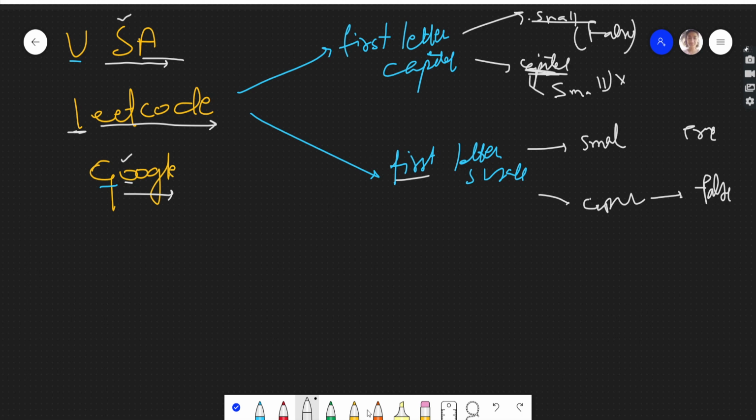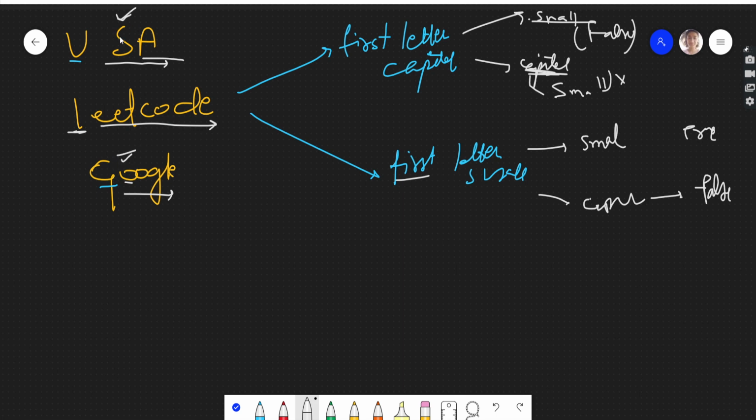So what are we checking first? Either the first letter is capital, or it is small. If the first letter is small, all the letters afterwards should be small. If all are small, return true. If any letter becomes capital, return false. And if the first letter is capital, we will check the second letter.